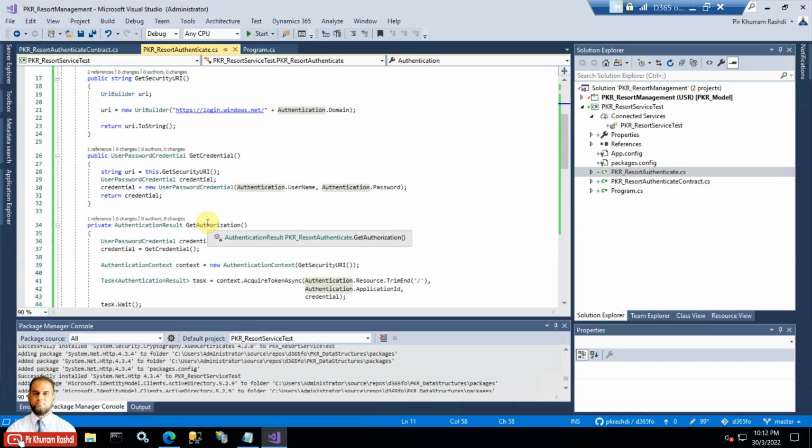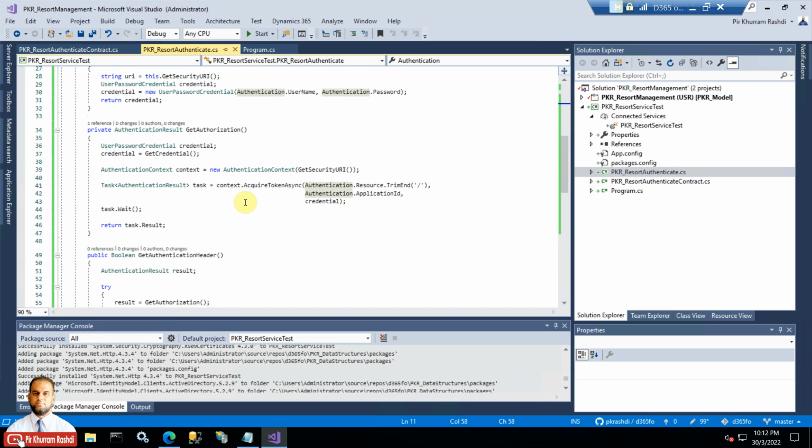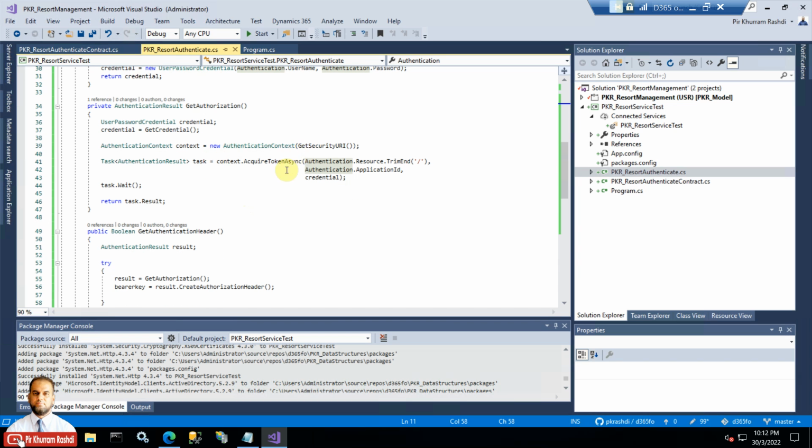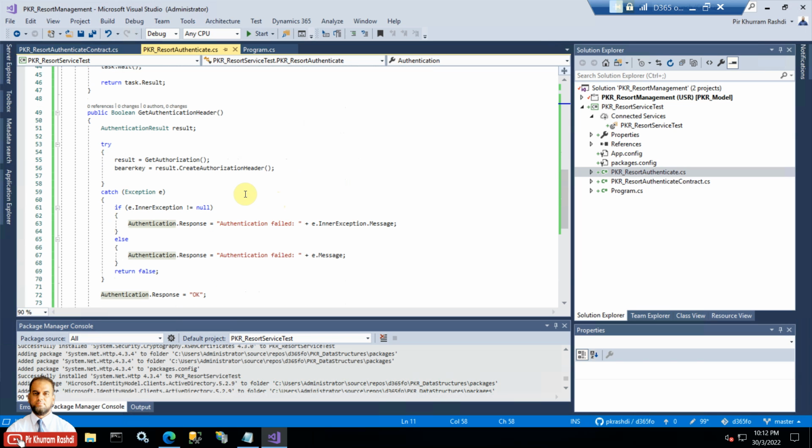Similarly, there is a user password credentials method to get the credentials, and the get authorization method is used in this manner, and you need to write the same down as well. And then there is a get authentication header method that is implemented here with a try catch statement. So if the authorization results are taken and the bearer key is received, fine. If there is any error, it will go to the catch block